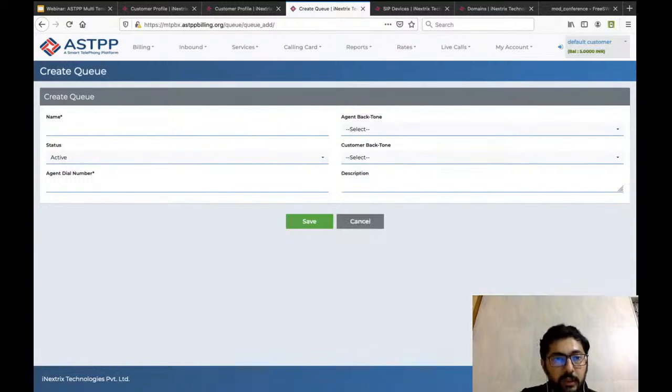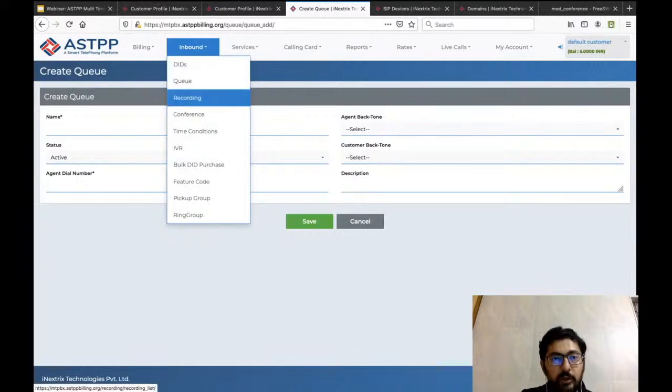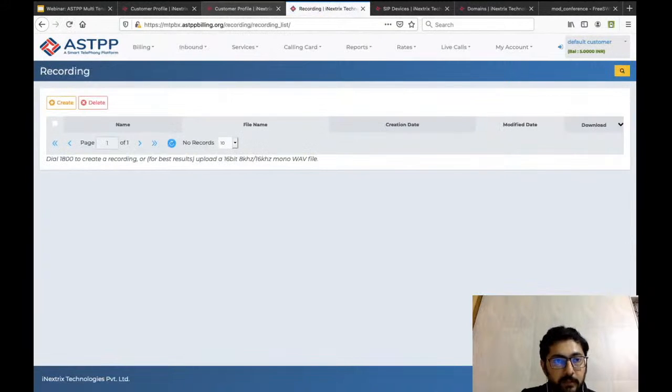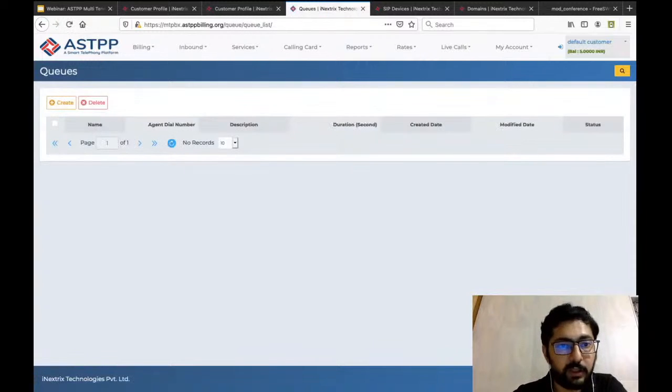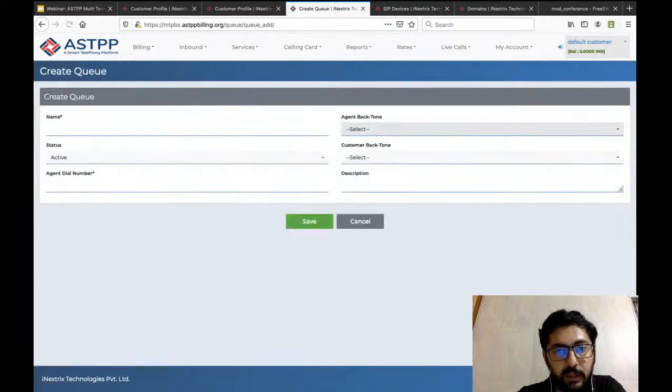So by giving a proper name you can create the wave file, you can create the recording by importing the wave file. You should be able to see it over here, and you can select it from agent ring backbone, or we have a default ring backbone available country wise. So let's add test